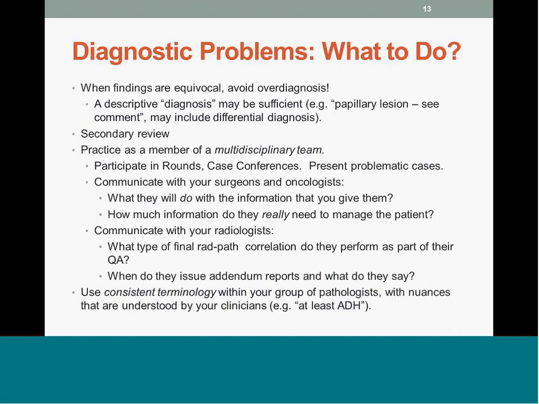Secondary review is important. We'll talk about this in some depth in a few minutes. I think it's important in breast pathology to participate as a member of a multidisciplinary team. And it's critical that you know who your team members are, particularly the surgeons and oncologists, and be able to participate